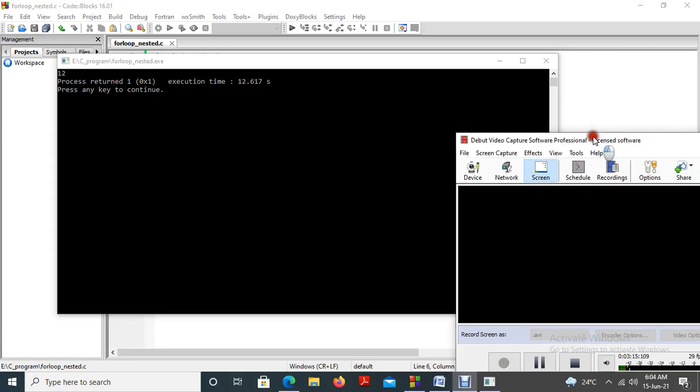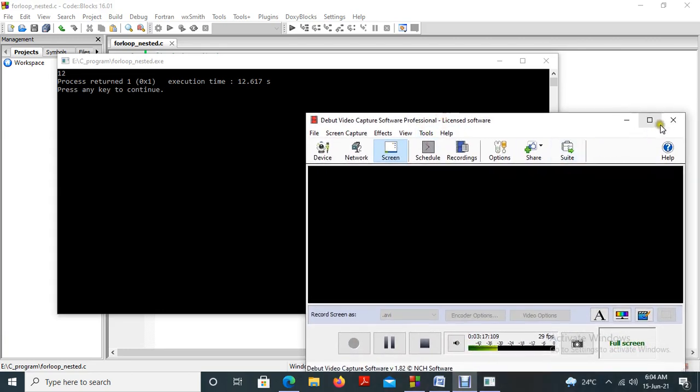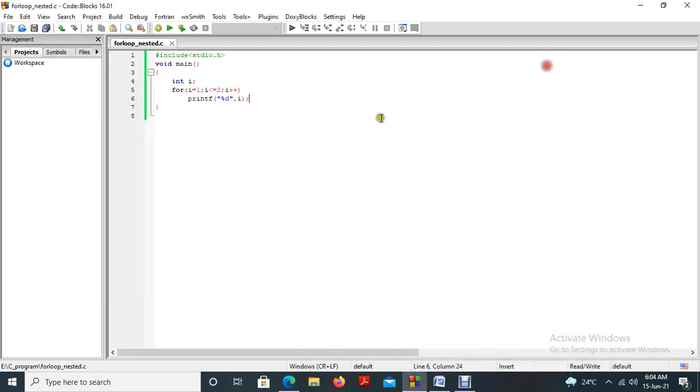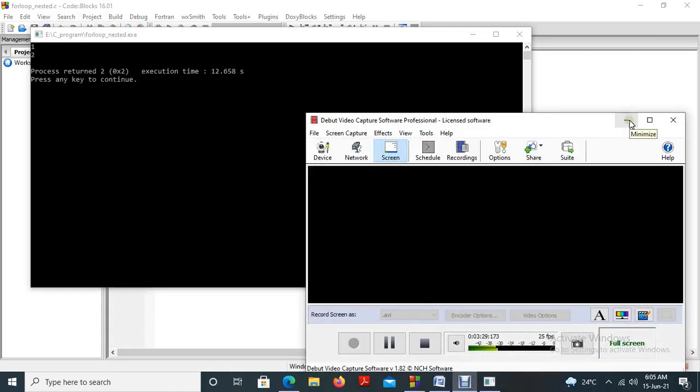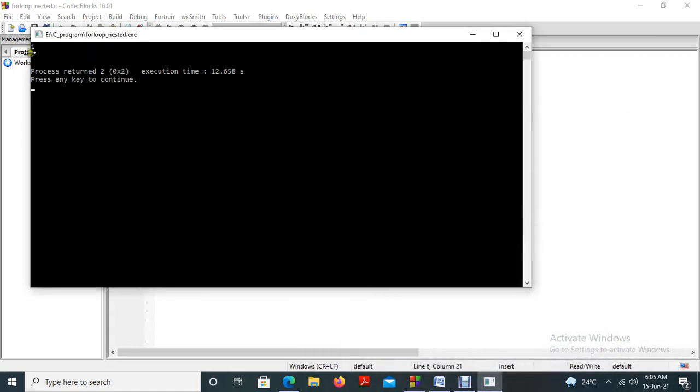Then 1 2. So what we have to do is format this output by using a \n. Now run the program. So 1 and 2. As per our plan we are getting 1 and 2.